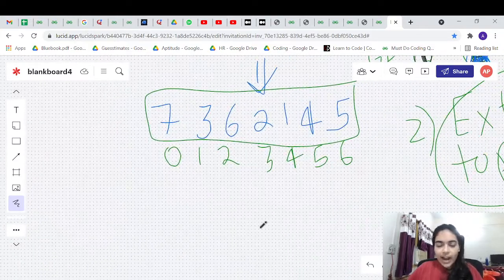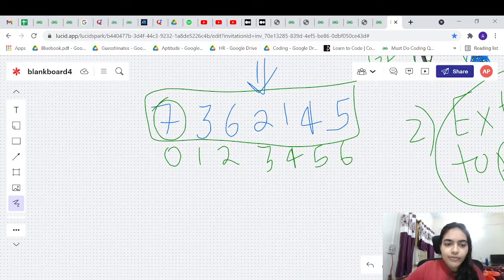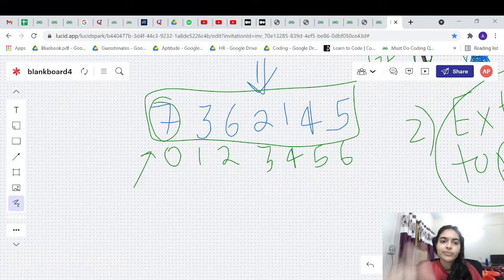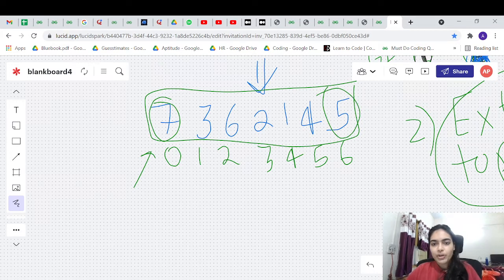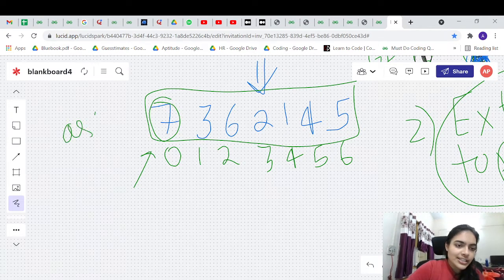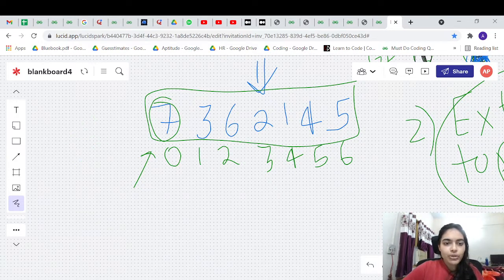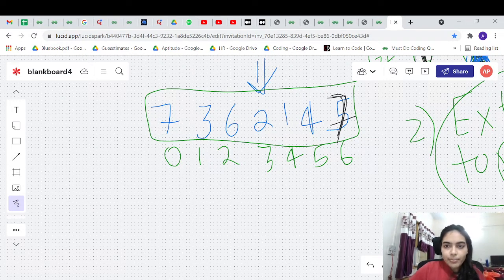Now this is the array after making the max heap. We have to make 7 go to the last. 7 is at the first position. The topmost or first position has to go to the last position because it is the highest element. We are sorting in ascending order. So how do we push 7 to the last? Swap it. Put 7 here, and make 5 come back here.